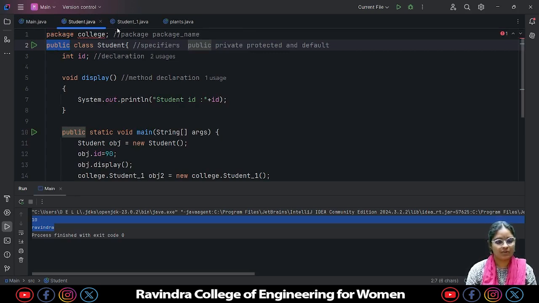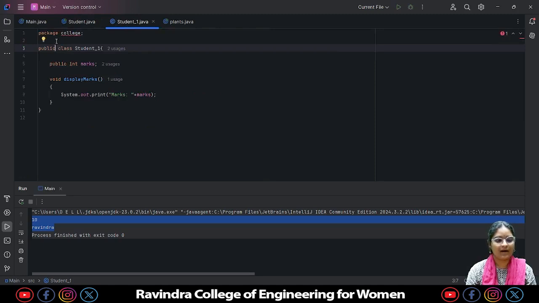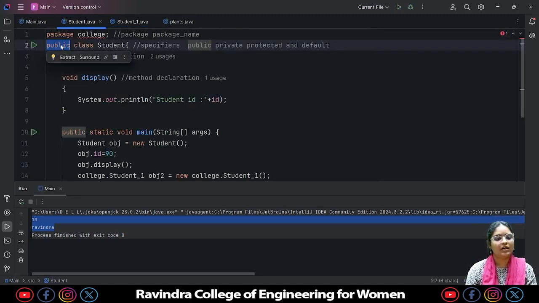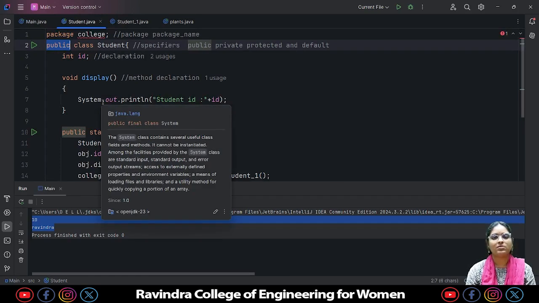We have already gone through the theory part of encapsulation in OOPs, which is hiding things. For example, if you give a private class or anything, that will be inside the class itself. You can't access it outside the class. Only hiding the data members and member functions is called encapsulation.